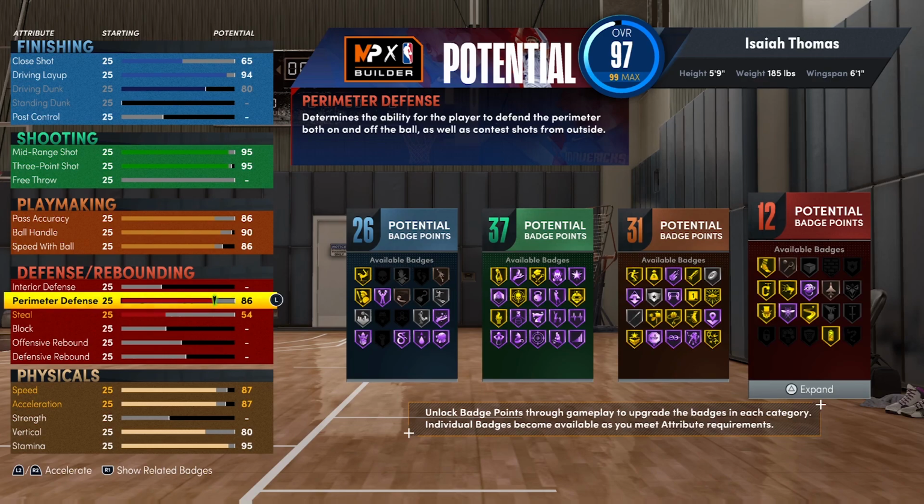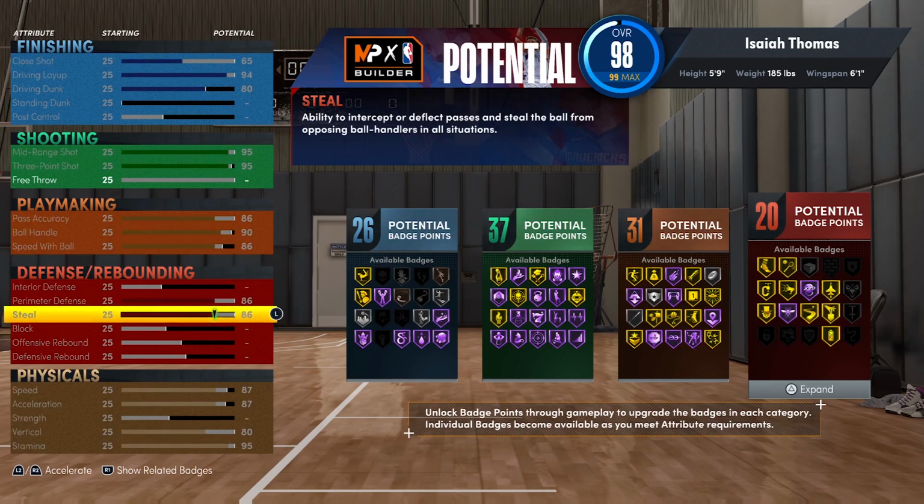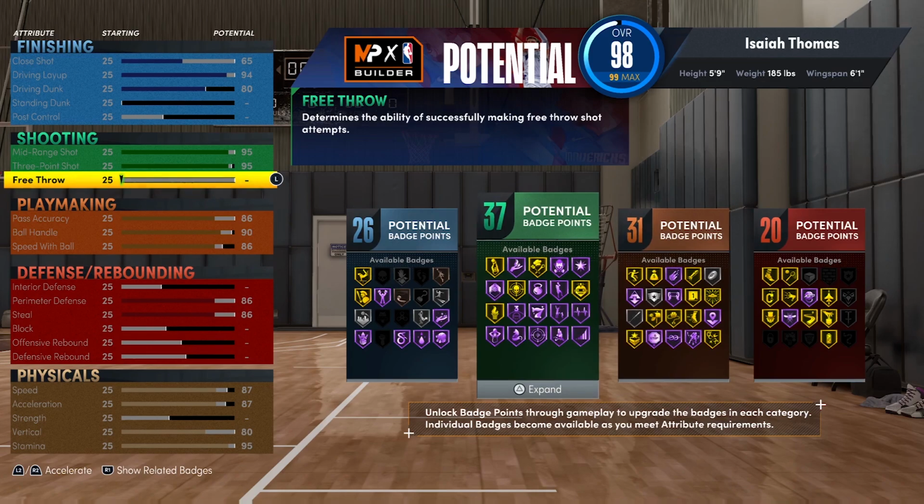Anything below an 85 doesn't allow you to get gold clamps. Then the next thing to mess with will be the steal, which we will also put up to an 86 because anything below that doesn't allow us to get gold pickpocket. Now, as you can see, this allows us to finish with, hold on, let me throw away the waste point that it always wants me to. There you go. This allows us to finish with